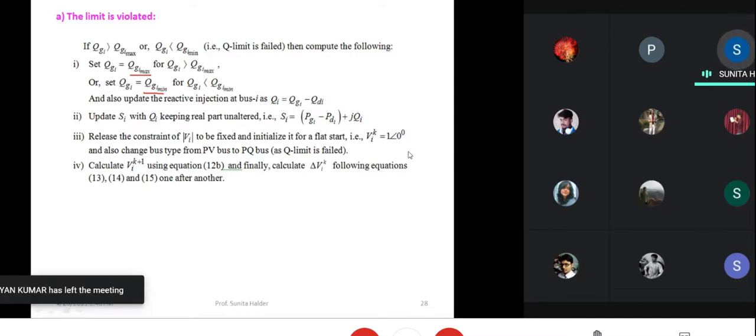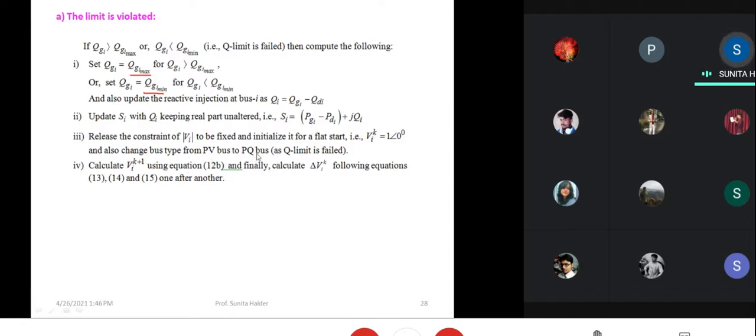What is the meaning of iteration here? The meaning of iteration is that the voltage is adjusting its value to maintain the power balance at every bus. So when after the 3rd iteration you see that the reactive power limit has been violated, that means that bus is no longer able to maintain its output voltage. In that case, from there we shall start to treat it as a load bus, with V of 1 at an angle 0 degree, and we shall change the bus type from PV bus